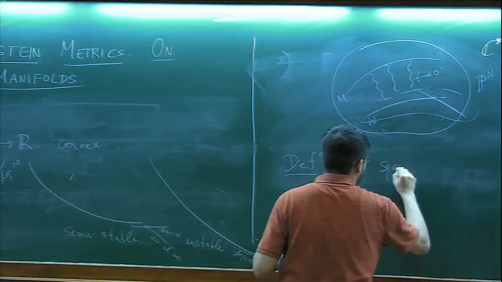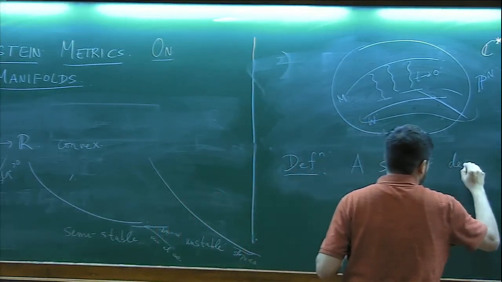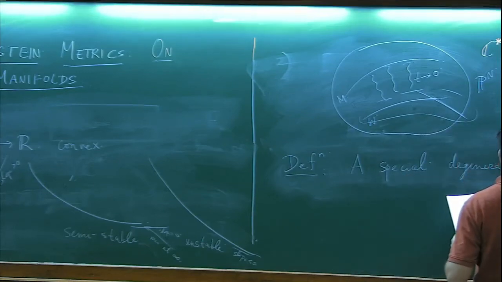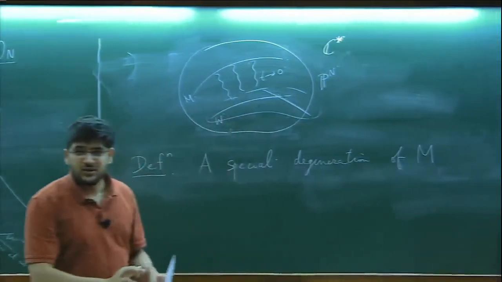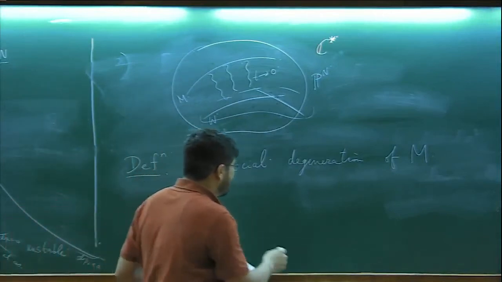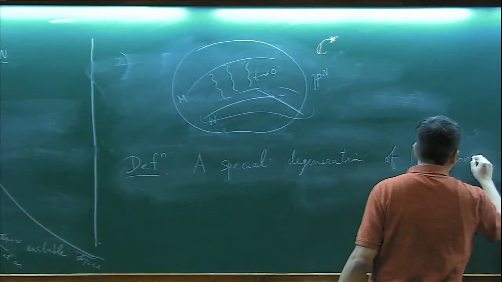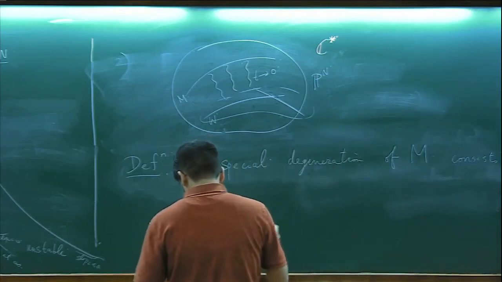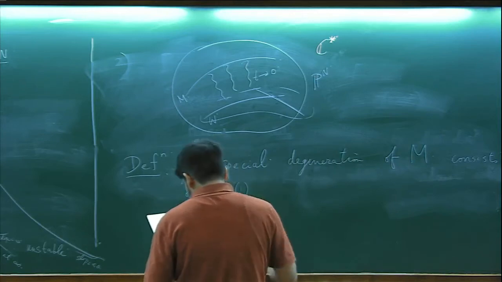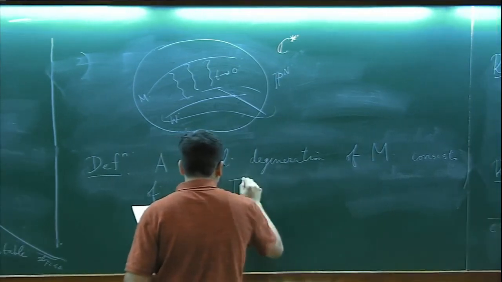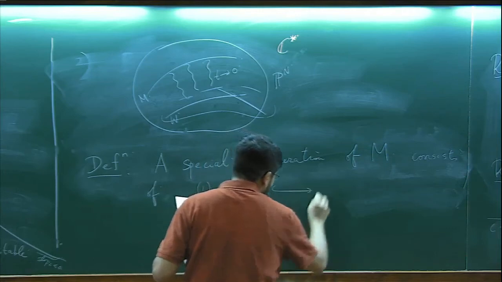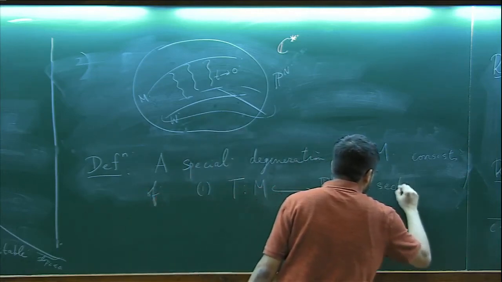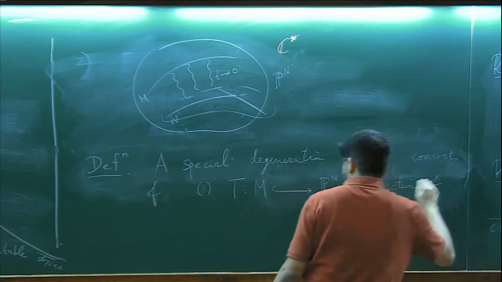A special degeneration of M, where now all my manifolds are always Fano, consists of two things. Firstly, it consists of an embedding into some big projective space via sections of